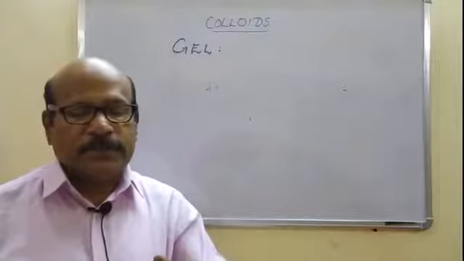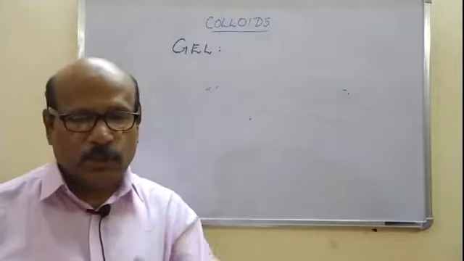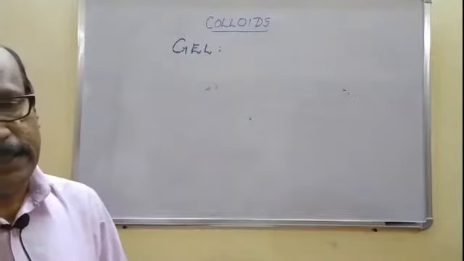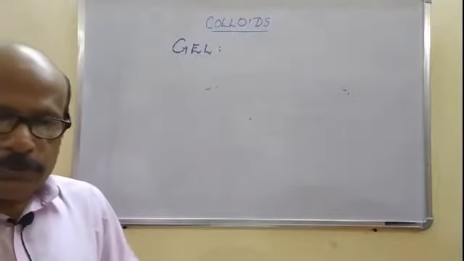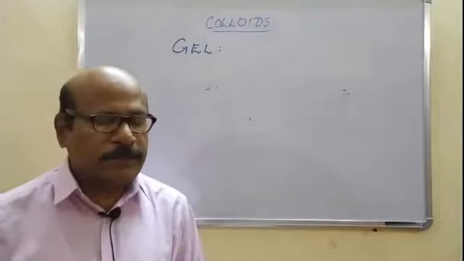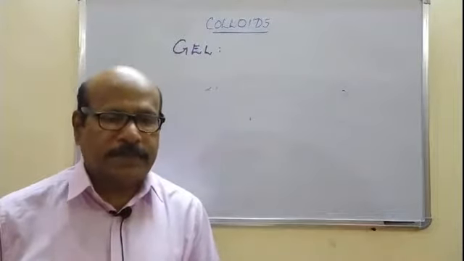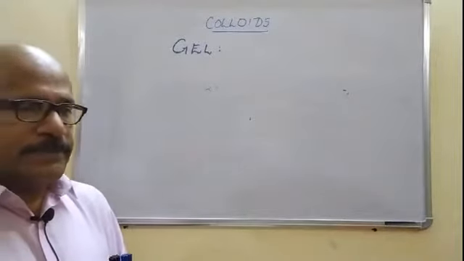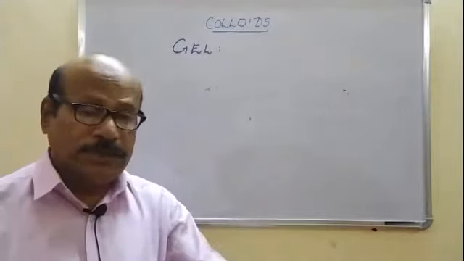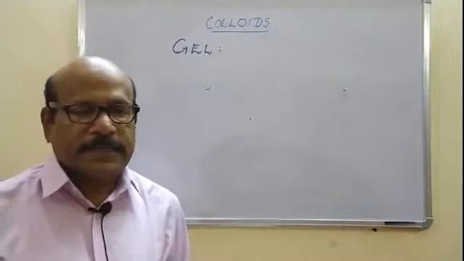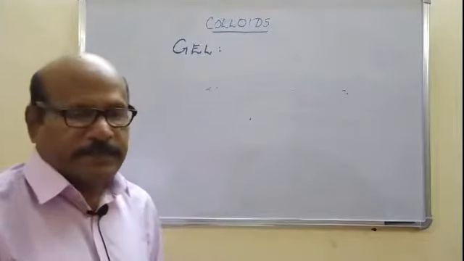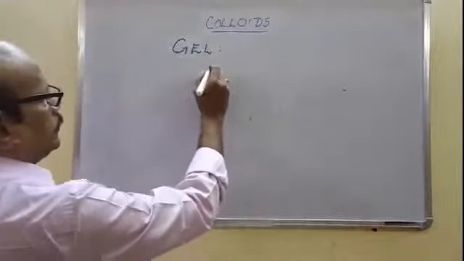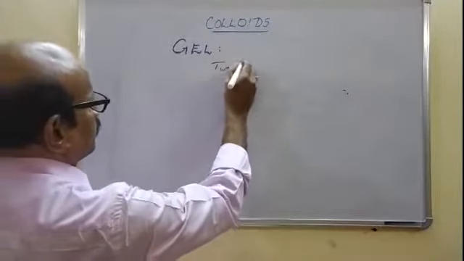And the molecules of the dispersion medium are enclosed within that interlocked structure of threads or fibrils, partly due to solvation or partly due to capillarity. The liquid of the dispersion medium is included or held in the interlocked structure. So that is the mechanism. So there are two types of gel. Gels can be classified into two types.